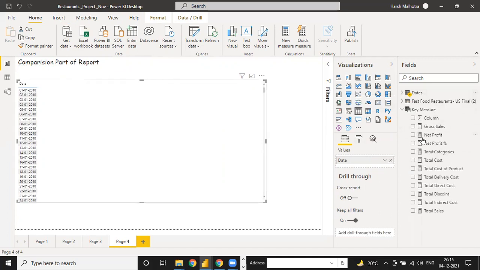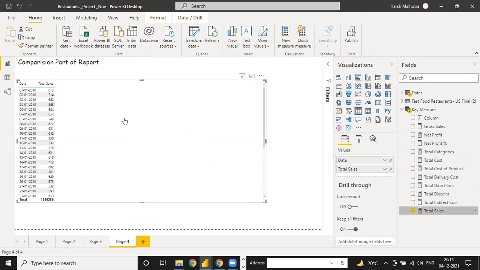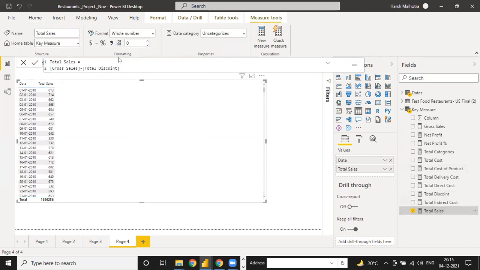Now go to your key measures: gross sales, net profit, total sales. Click on total sales and you see the day-wise sales. Click the comma delimiter, which gives a good presentation of amounts. You can do the same for anything. So this is your total sales value.